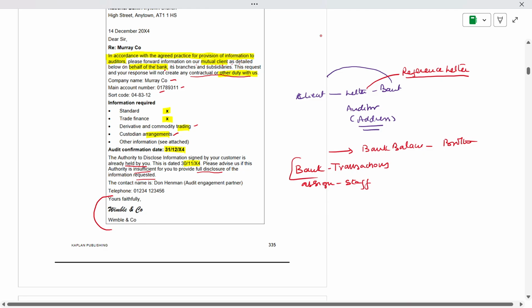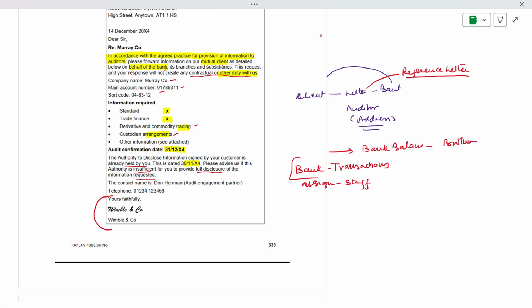Two or more people may be assigned. Only those people have the authority to deal with the bank transactions. So unless the client gives a letter to the bank, the bank will never release the information to the auditors. Done. Usually this letter is